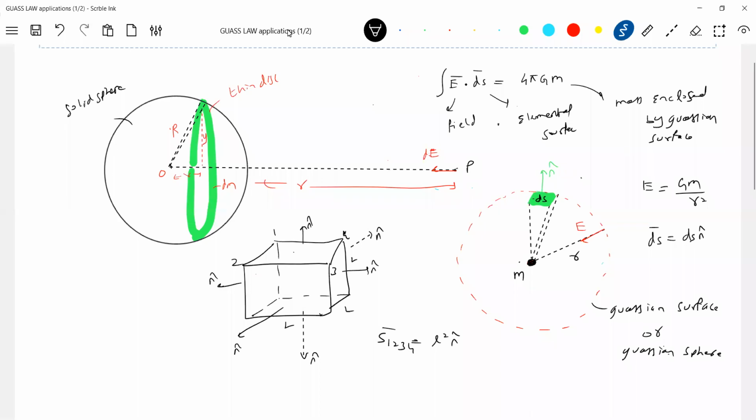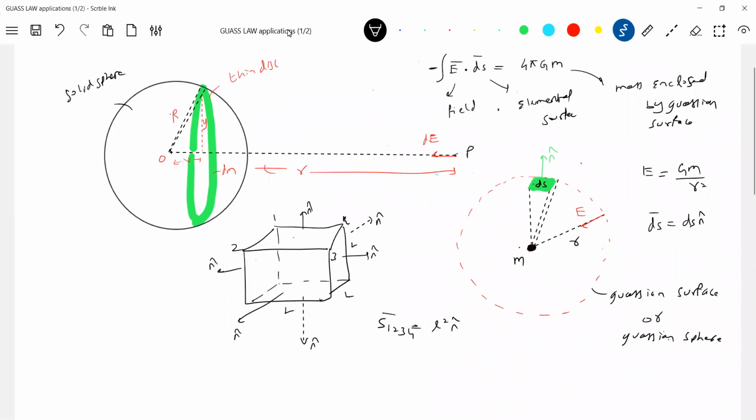Now, what is E bar at all points on this sphere? How will E bar be? E bar will be directed inward. I'll introduce a minus sign because it's an attractive field, no? At all points on the surface E bar will be radially inward, and n cap we define as radially outward. So what is the angle between E bar and n cap? It will be 180 degrees.